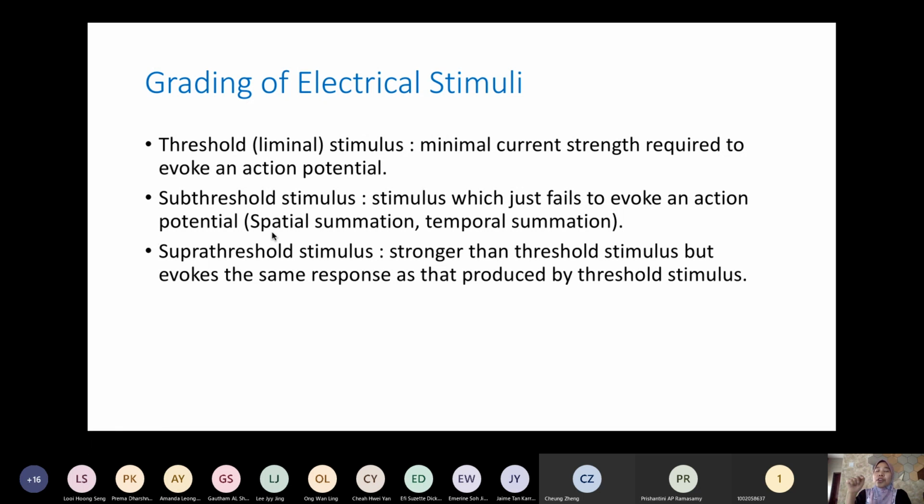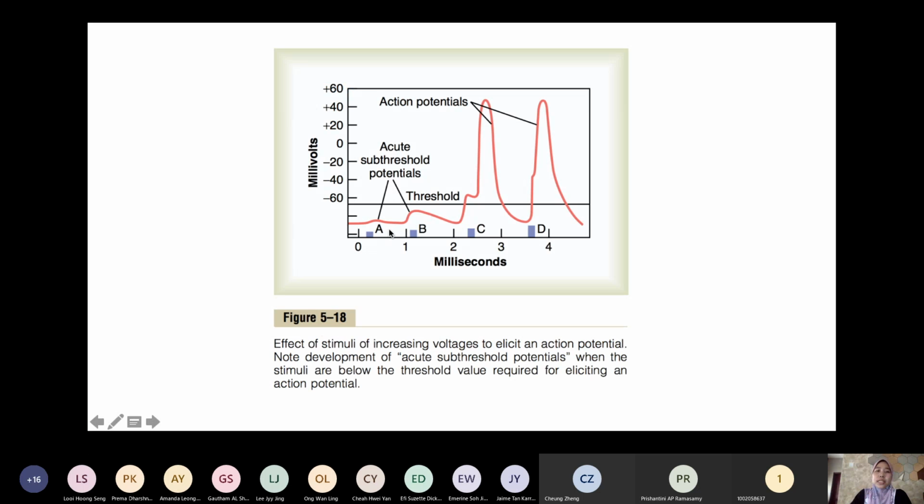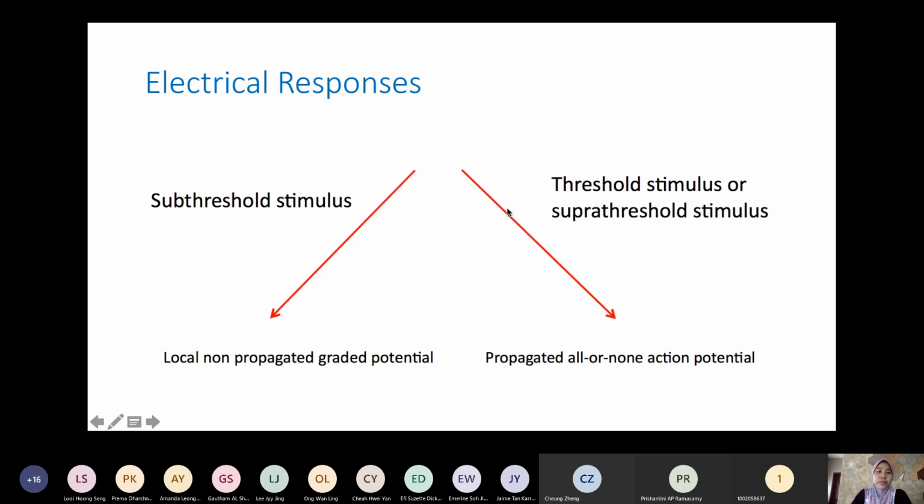Okay, 1, 2, right? Spatials. Temporal means in a tempo. So sometimes when the electrical currents or the stimulus come in tempo, we can accumulate and give one shot, and then the cell will start firing. Just like you give it so many times of the electrical currents or the impulse. So this is the sub-threshold, all right? The line itself is the threshold, and this is the action potentials.